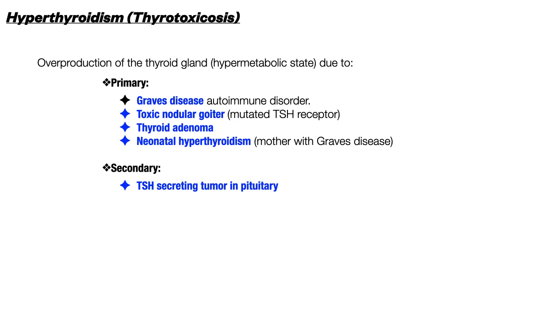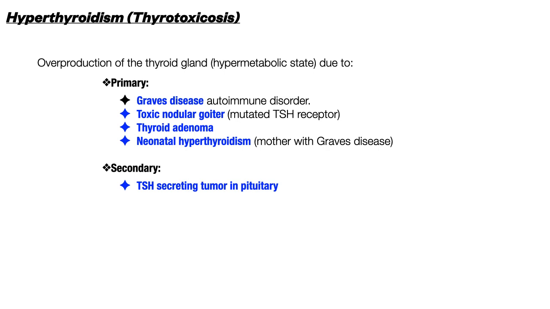Alright, so hyperthyroidism is also called thyrotoxicosis, and is generally due to an overproduction from the thyroid gland. Now, hyperthyroidism can happen a few different ways. All of them result in too much thyroid hormone and a hypermetabolic state where cellular reactions are happening faster than